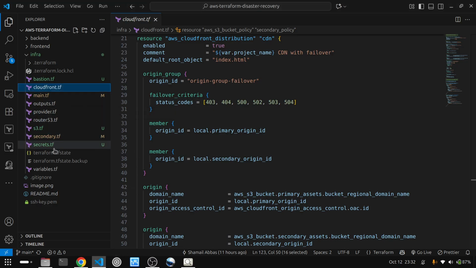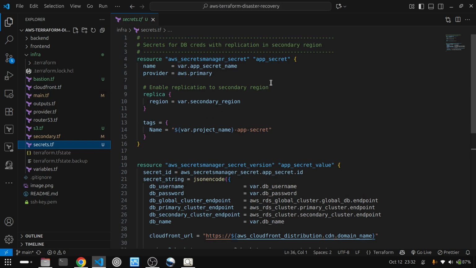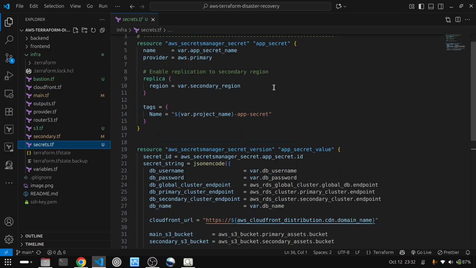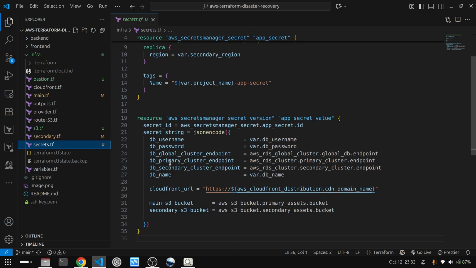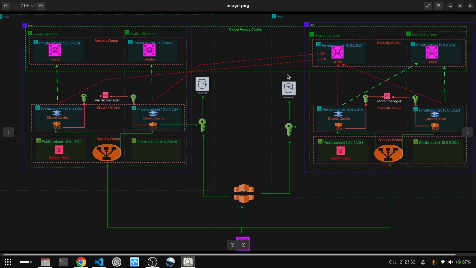And then comes the secret. So what we are doing is we are storing the database details: the database username, database password, and then the primary cluster endpoint, secondary cluster endpoint, DB name, and then the CloudFront URL, and then the main S3 bucket and the secondary S3 bucket. So this one is the main S3 bucket where all the writes happen, and this one is the secondary S3